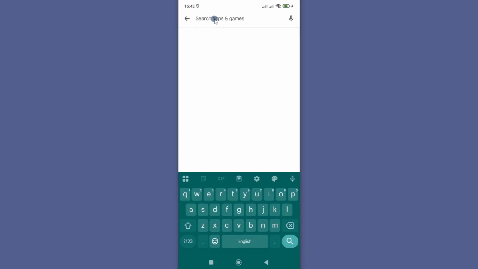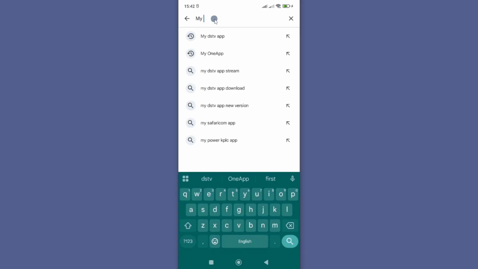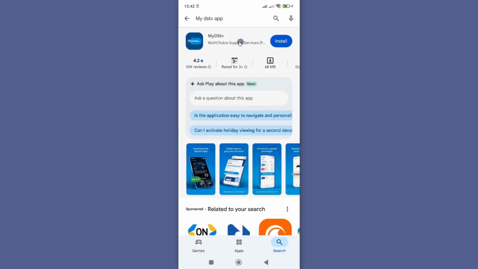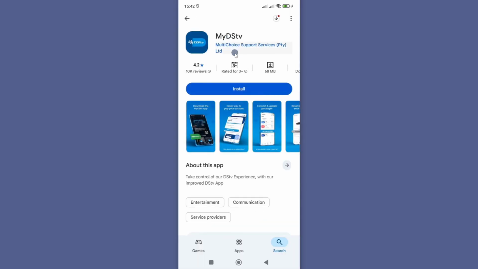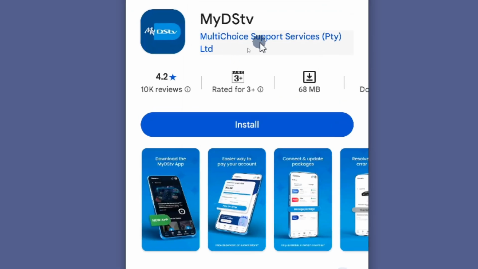So I just tap on search and then search the app by name. So I'll just search MyDStv app like that and then run the search. And you can see we have our first option here. I'll tap on it. So now that you have the correct app, make sure it is from MultiChoice Support Service